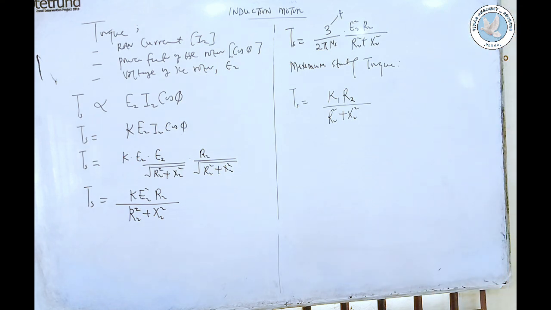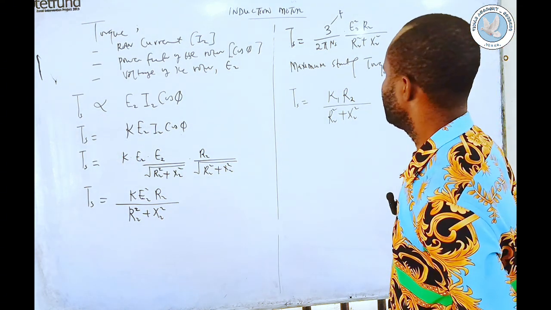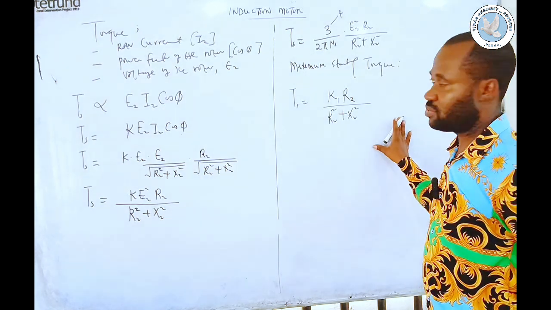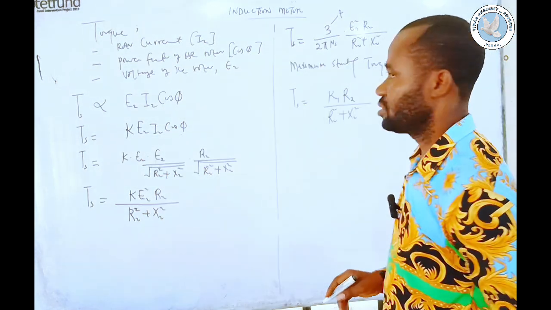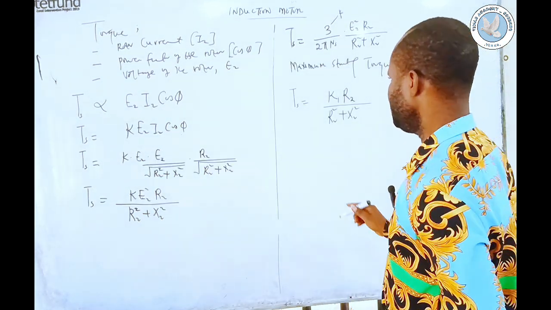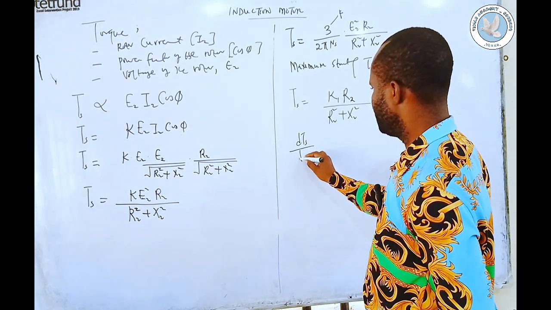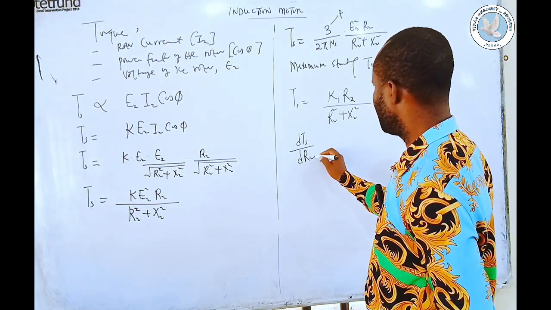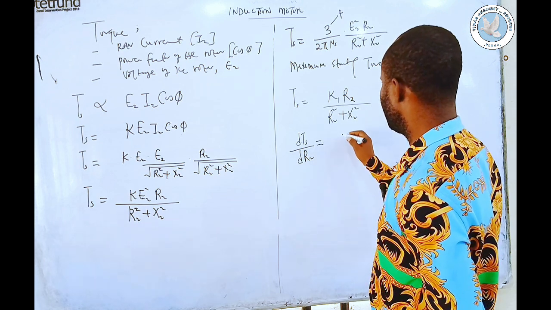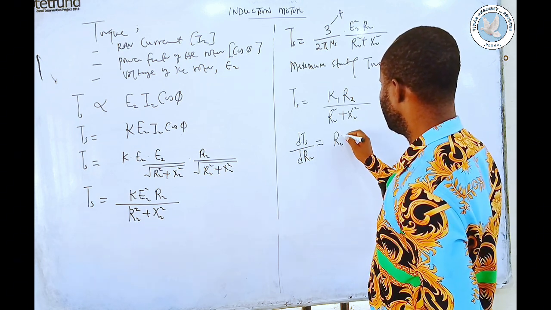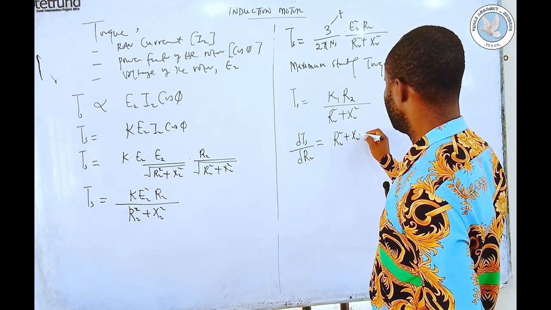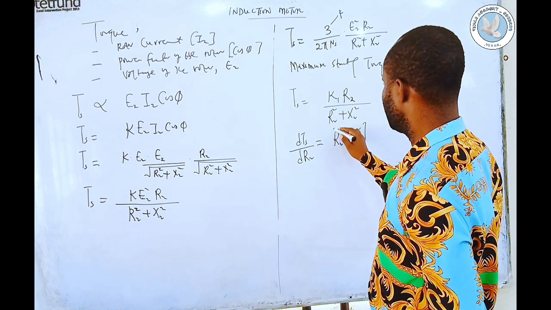So at this point, let's differentiate this relationship with respect to the resistance of the rotor. While doing that, we are having ds/dR2 is going to give us this, and this,